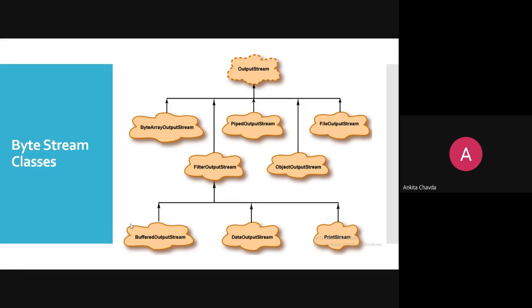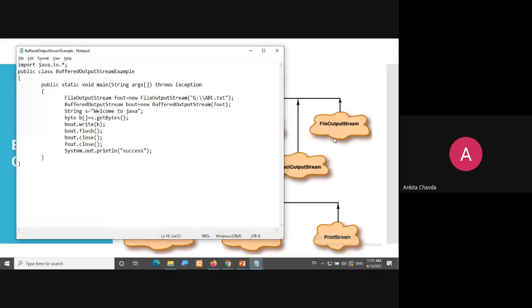It is not like you can directly create an object of buffered output stream equals new buffered output stream, and directly open the file. For opening and closing a stream, the buffer is not the only thing required. You need one main stream first, and then you can include this buffer mechanism as well as the data output stream mechanism. You can add it. That is why I'm showing you this hierarchy again.